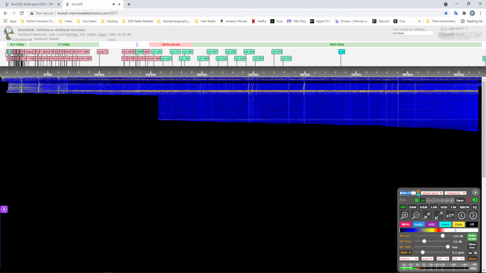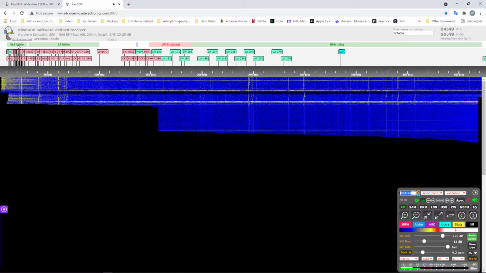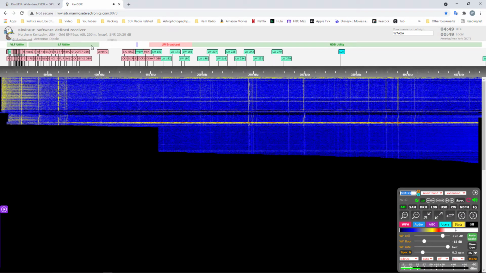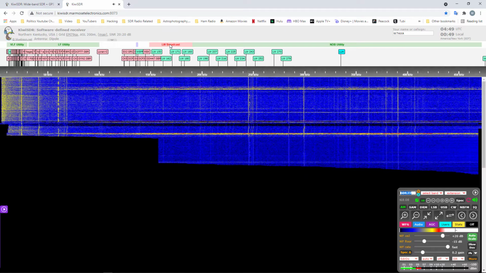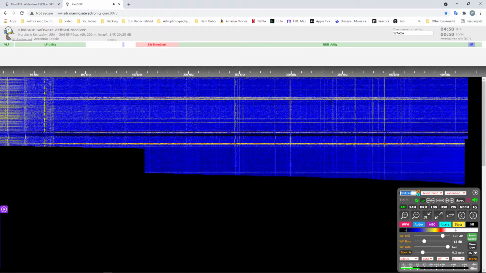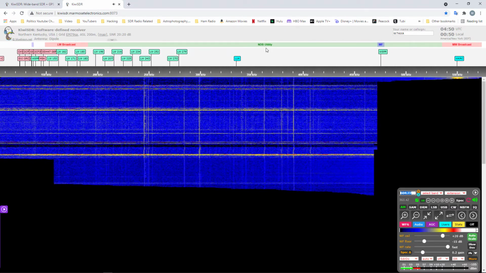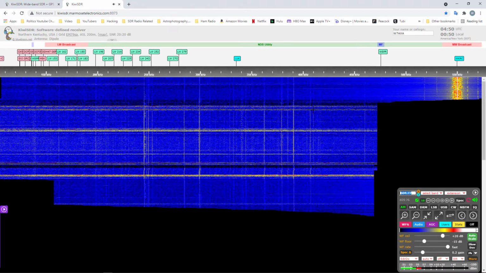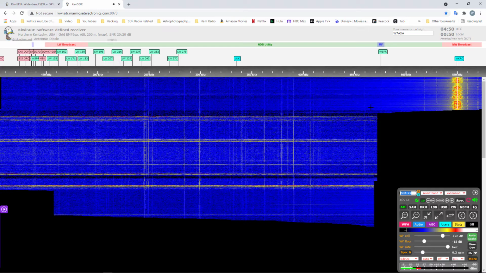Okay, here we go. So here's very low frequency utility, long wave broadcast, NDB utility. I looked that up once. I can't remember what the heck it is.